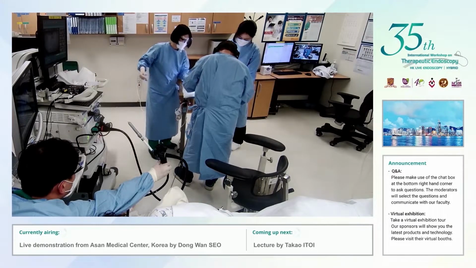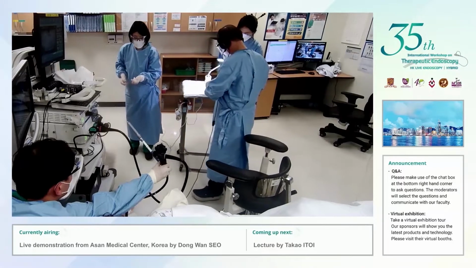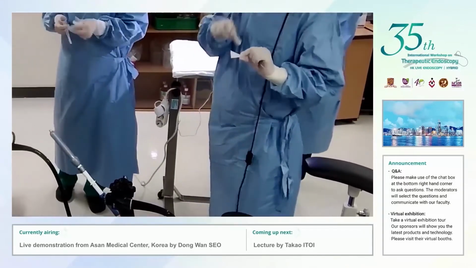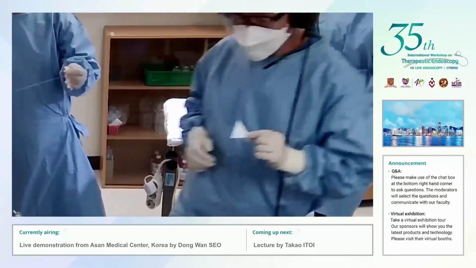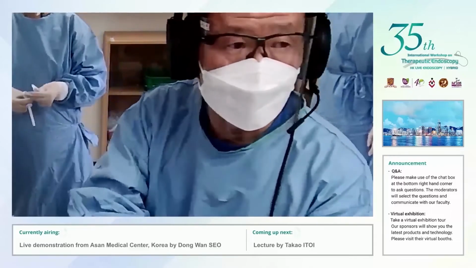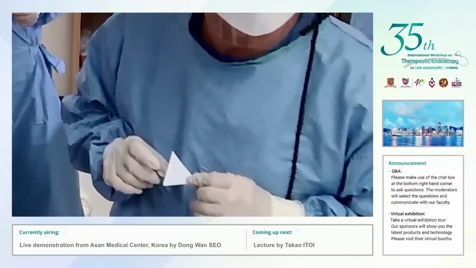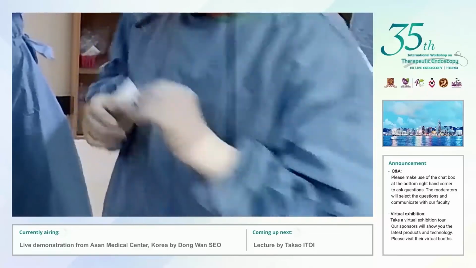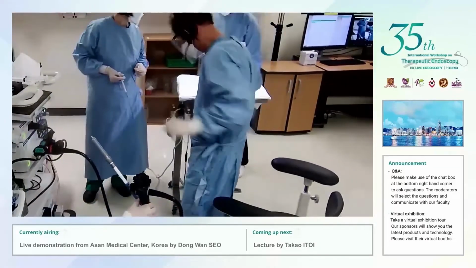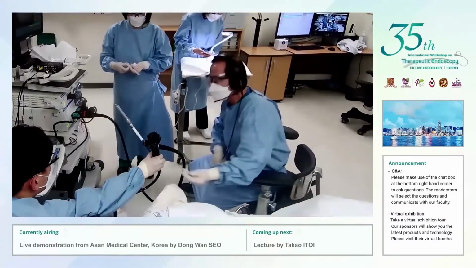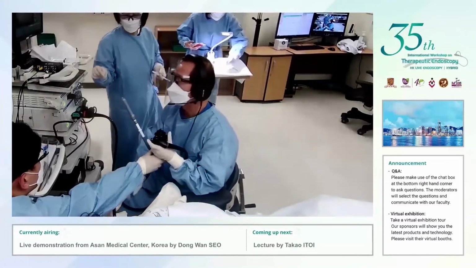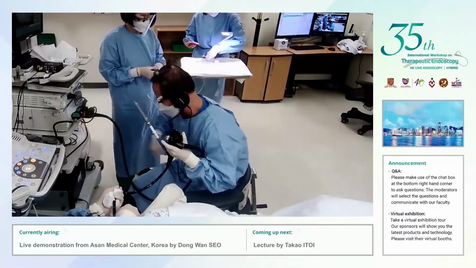A little bit smaller than the previous sample, but it is still a macroscopically visible tissue amount. Now, because we got a clearly visible amount of tissue,